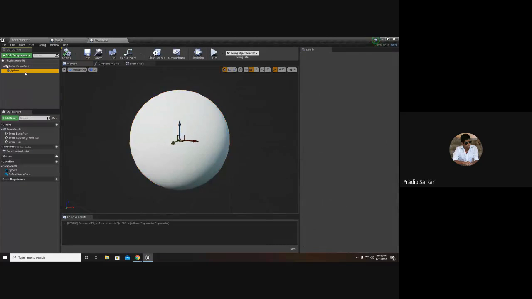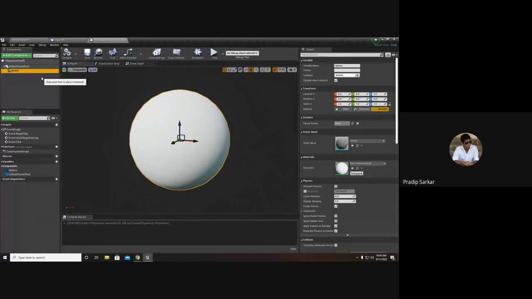Now for the sphere, see, in the transformation section we have location, rotation, scale and mobility. Anything that has to be moved should be kept in the movable mobility.